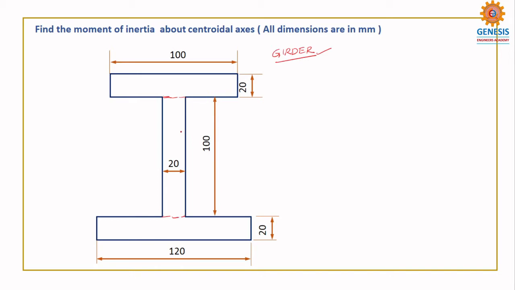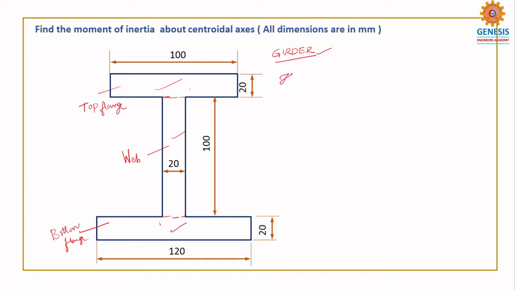So you have to know the shape of the thing you are making. I have divided it into the upper one, the middle one, and the bottom one. The upper one is called the top flange, the bottom one is called the bottom flange, and the part in between, which connects both the top flange and bottom flange, is called the web.